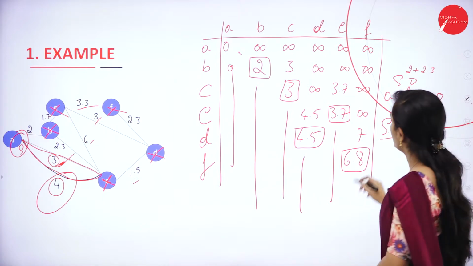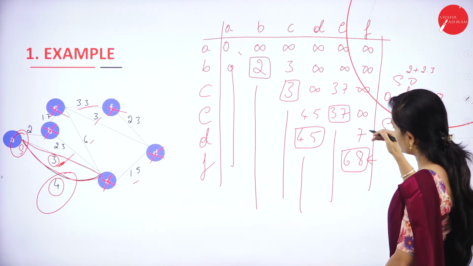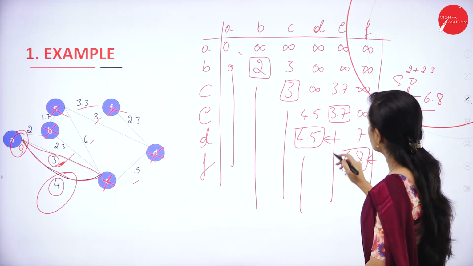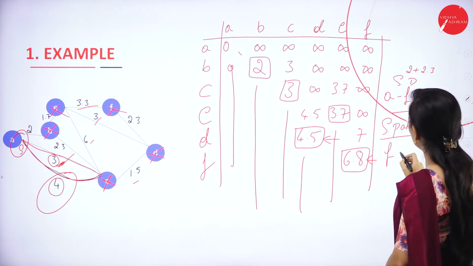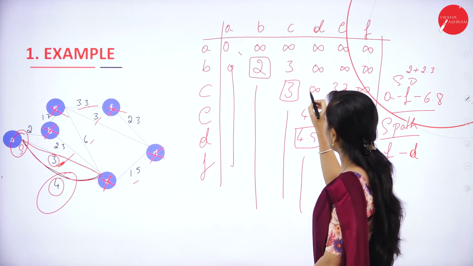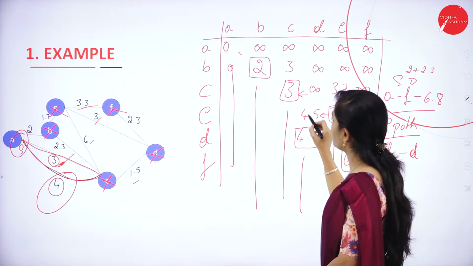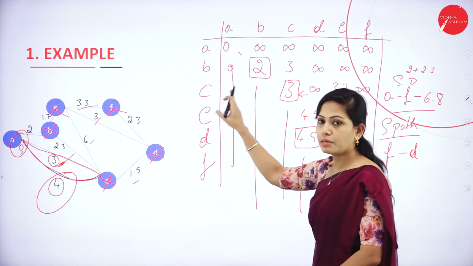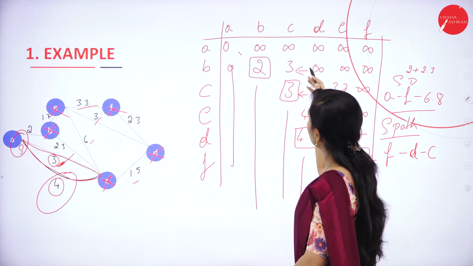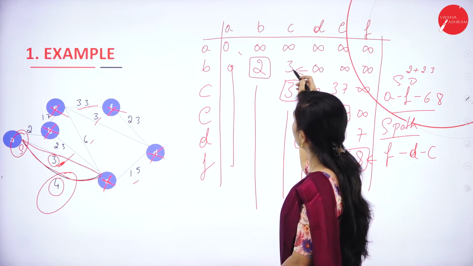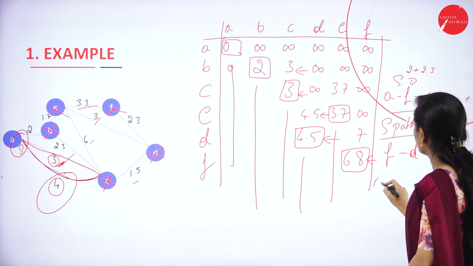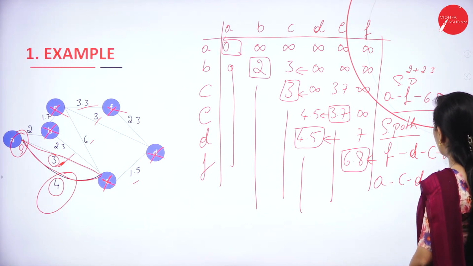For the shortest path, I will take this into consideration, and in the next step we have the least value in D, so I will take this. So it is F to D, and again we have the same value. In the next step we have infinity, and 3 is the least value compared to 4.5, so C is the least value. 3 comes under C, and again we have the same value. We'll jump to the next point. Compared to 3, 0 is the least value, so it is A. Now A, C, D and F.